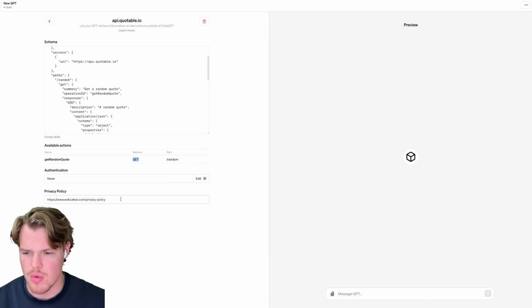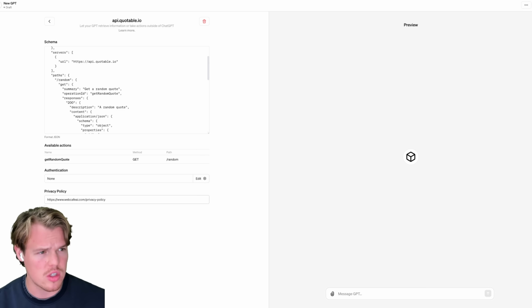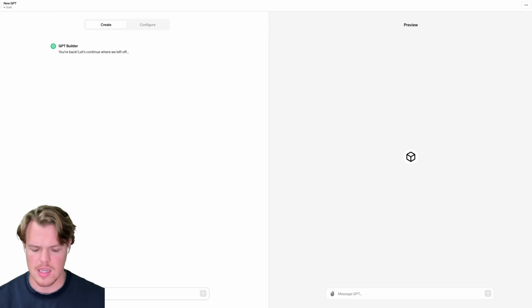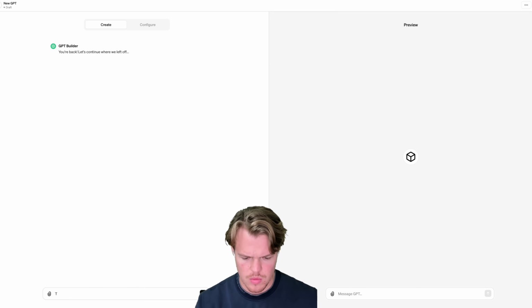Knowing this, we got our privacy policy here. Authentication can stay at none. And I'm going to go ahead and just start off by doing only me here. Can't confirm yet because I actually need to configure a little bit. So let's come over to GPT Builder here. We're going to say the purpose, and I'm going to go ahead and move myself. All right, the purpose of this